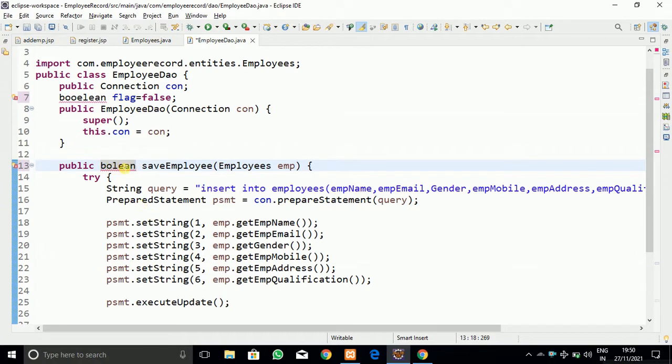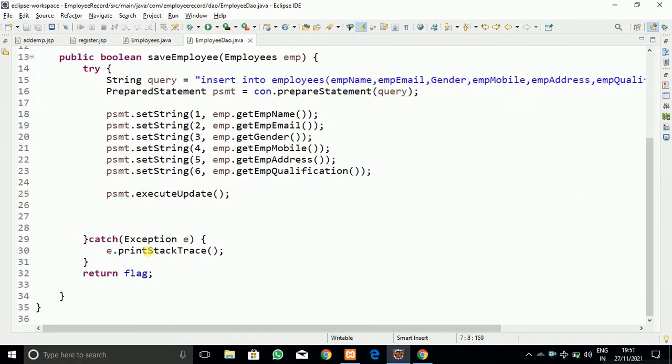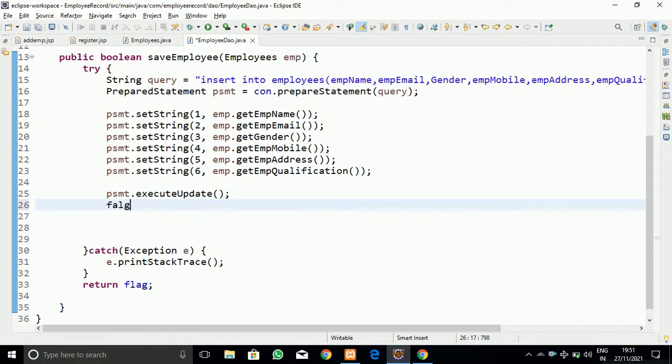So public boolean saveEmployee, and that method returns that flag, whatever the value in it.